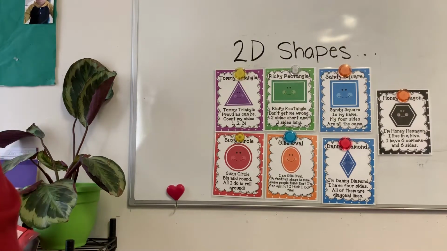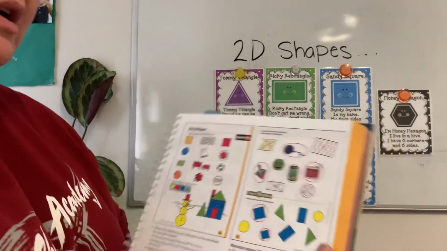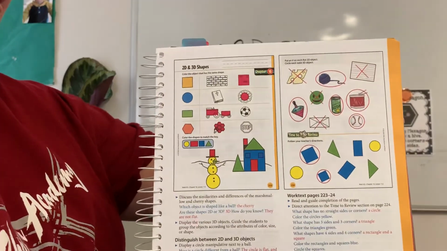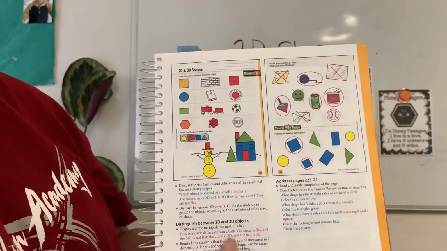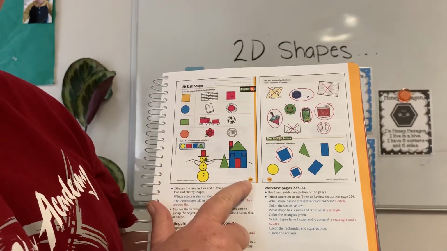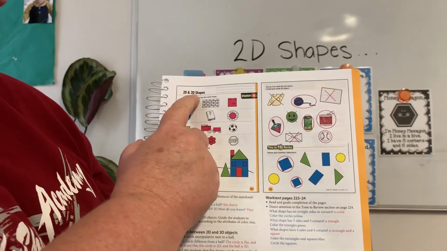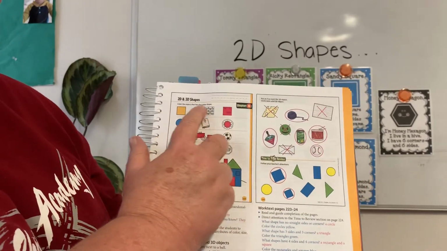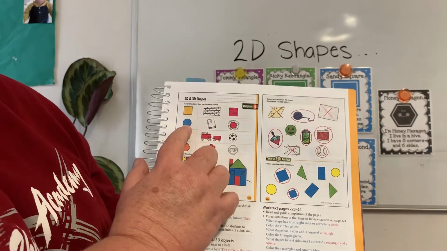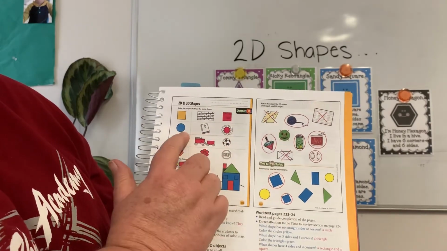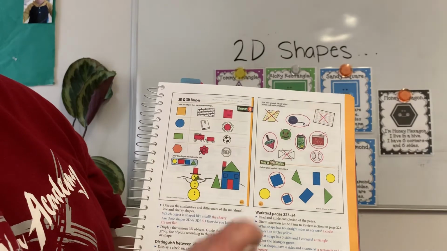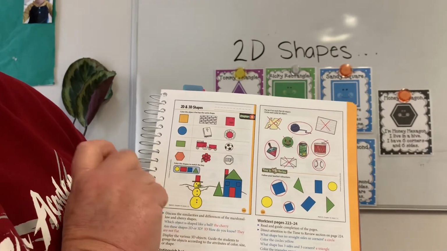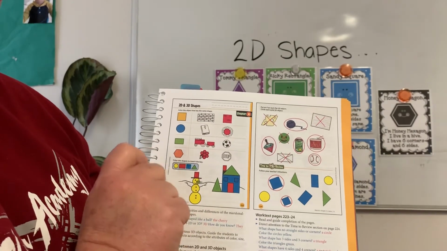Now, when we go to our book today, here is our lesson. Okay, boys and girls, making sure that you can see it. On this page here, this is page 223, and you're going to look for your 2 and 3D shapes. You'll find the square, and then you'll come in here and you'll find the square. You'll circle it. Find the circle. Oh, do you see it? Right in the middle of that flower. You will circle it. The same for the rectangle. And same for the